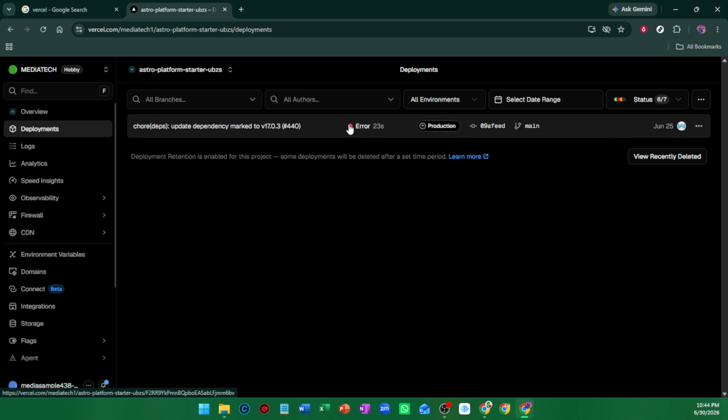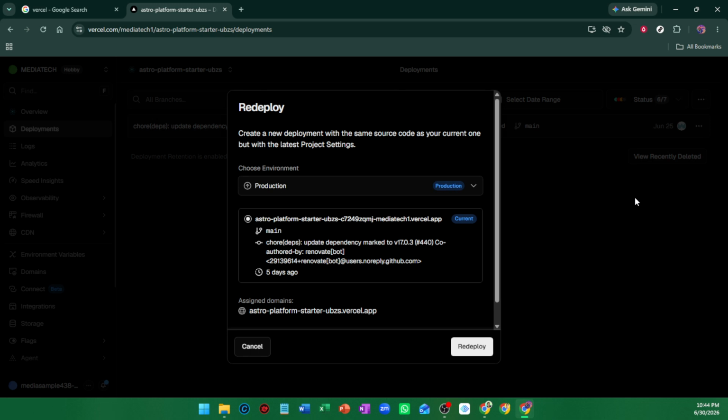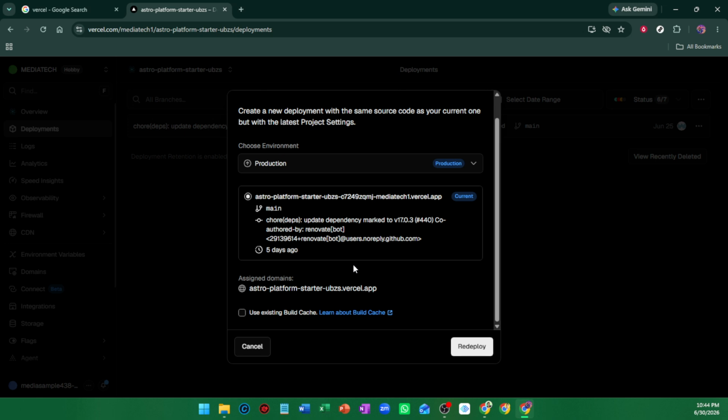Next, select the failed deployment, click the three-dot menu for more options, and choose Redeploy. Before you confirm, make sure to uncheck the option that says Use Existing Build Cache. This matters because cache build data can sometimes preserve the exact problem you are trying to get rid of. By forcing a clean rebuild, you give Vercel a chance to install and compile everything from scratch, which often resolves